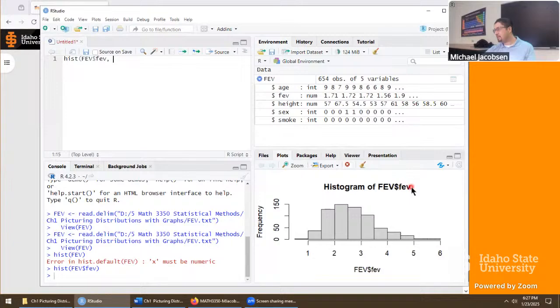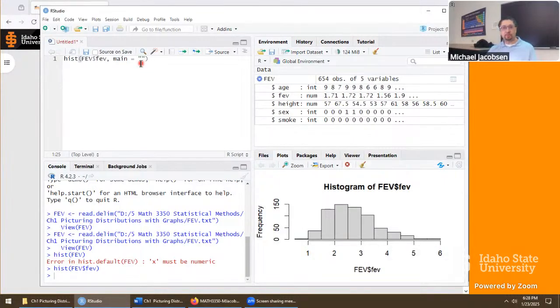Starting with the main title here, you could fix that and just say main equals. Now you're influencing the main title. And I'll leave this up to you. You can come up with a main title that says the histogram of the FEV variable. That'd be very descriptive. But for me, that feels redundant because we know we're dealing with a histogram. And down below, when we give the unit, we'll know what variable we're dealing with. So I'm a bit of a minimalist when it comes to this, but you don't have to copy me. You're always allowed to put in whatever main title you prefer. But as a minimalist, this is what I would do.